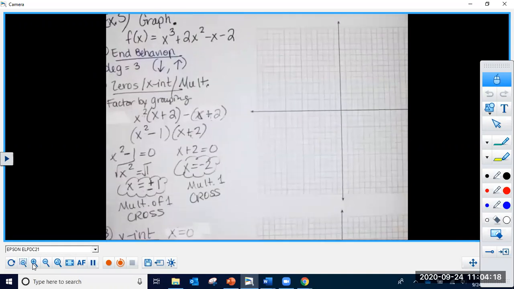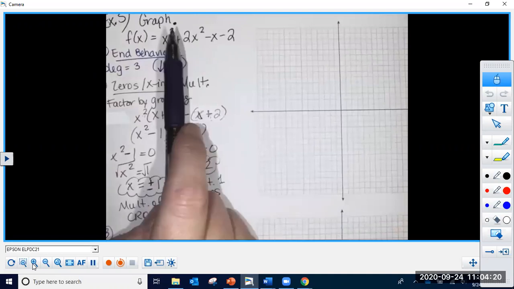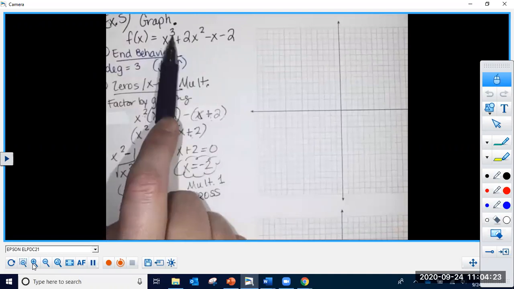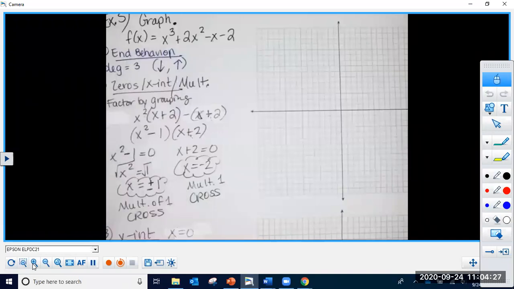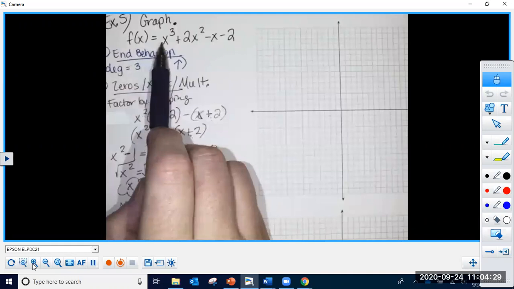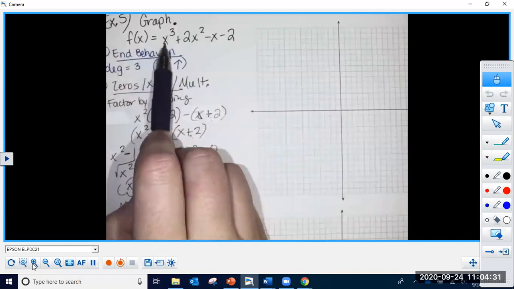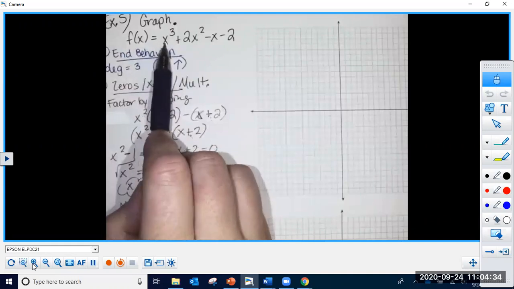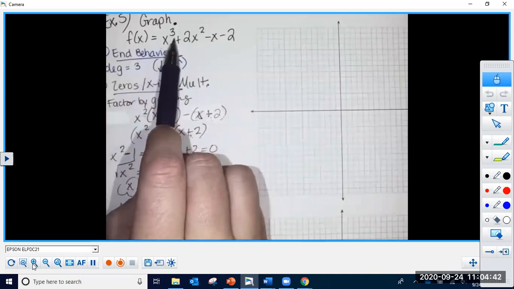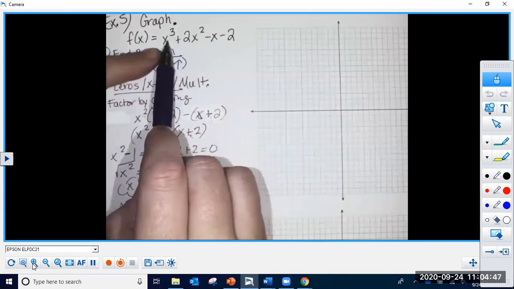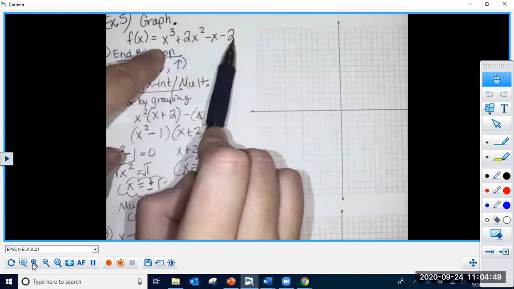It's always going to be positive. If I take a negative number and raise it to this third power, what happens? If I've got -1 times -1 times -1, I get what? I get -1, so it changes the sign. So if I plug in -x here and raise it to the third power, this is going to change the sign. And remember, it has to change the sign of everything throughout